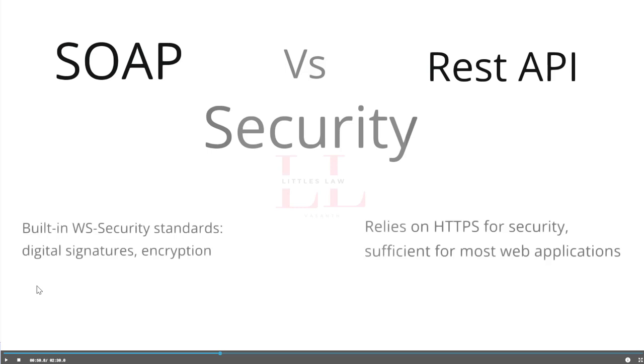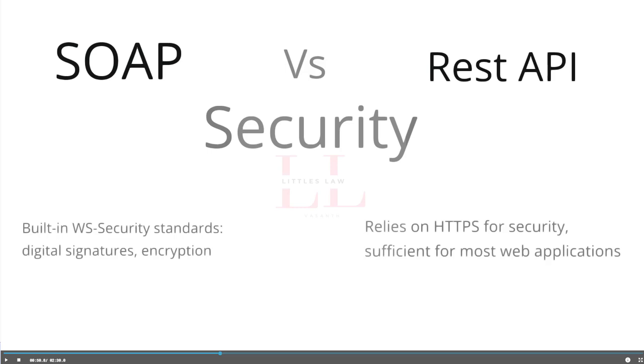So all these are very important. So if you want to have better security, the best security feature in terms of connectivity, you must use SOAP services. And on the other hand, when it comes to REST, it's HTTPS-based security, because we all know